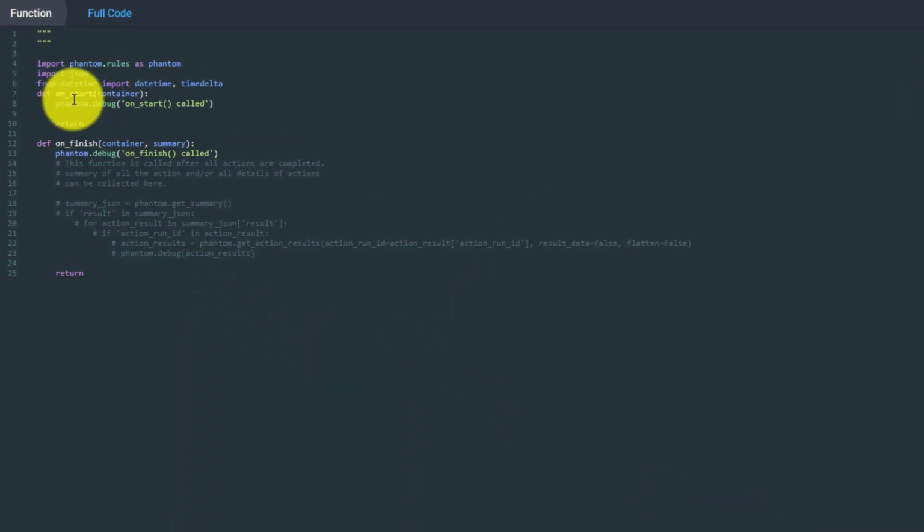Now if you see, initially Splunk has given some code automatically over here, right? So let's analyze that one. So before that I'll just click on edit playbook so that we can edit this particular script as well. Now as you can see, whenever I put an enter or try to edit this particular script, Splunk is saying,